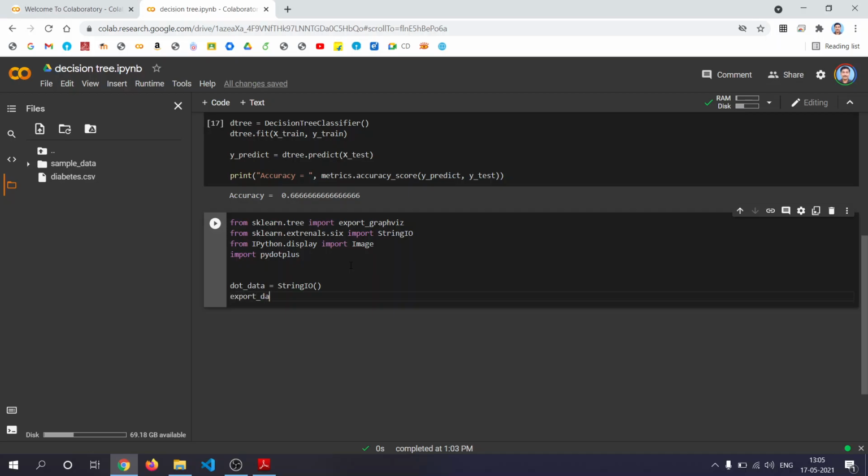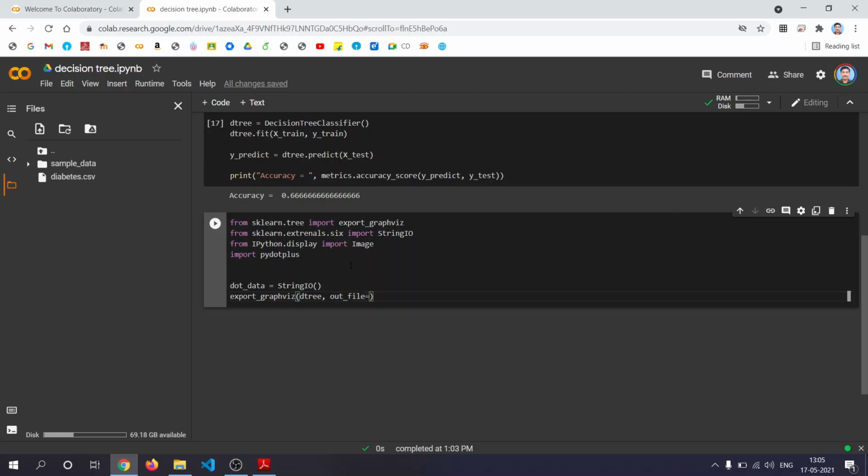So export_graphviz. The output from the decision tree is taken onto our memory file. So it is out_file equal to dot_data.